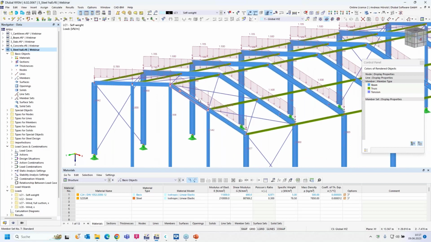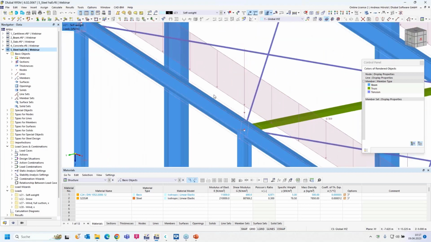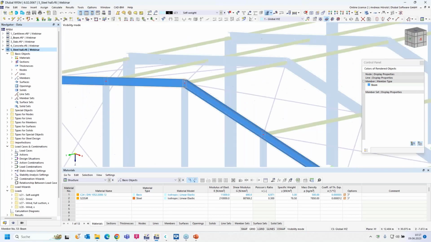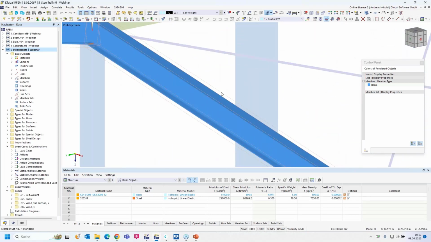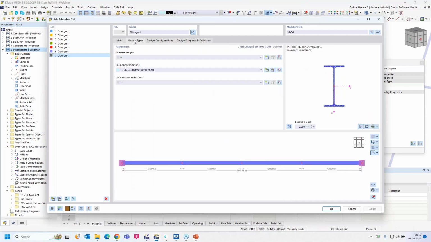I would like to design this member or this set of members. I select only this member and use a visibility by selected objects. So, I would like to design this member or the set of members. I double click on the set of members. Design type, I select this design type,